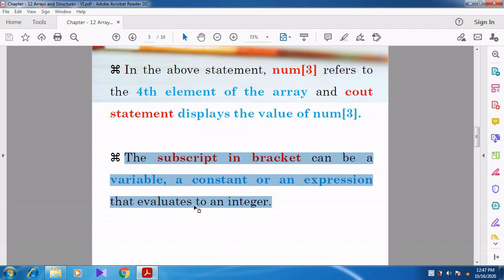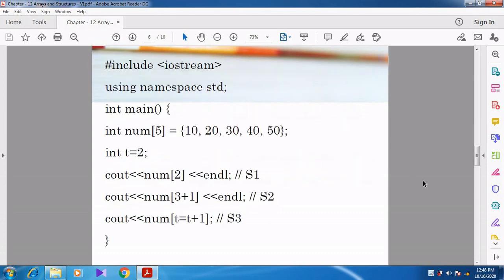That expression will be evaluated to an integer. Can you understand, students? So the subscript which is given inside the bracket can be a constant, or a variable, or an expression. Now let us see the program.